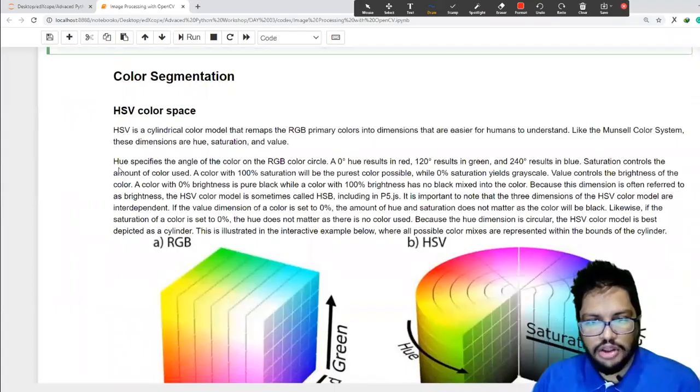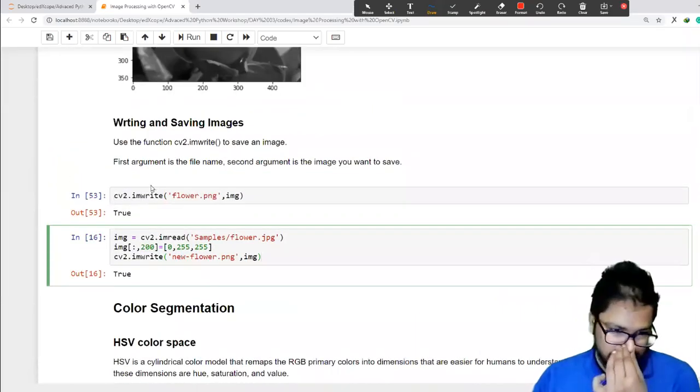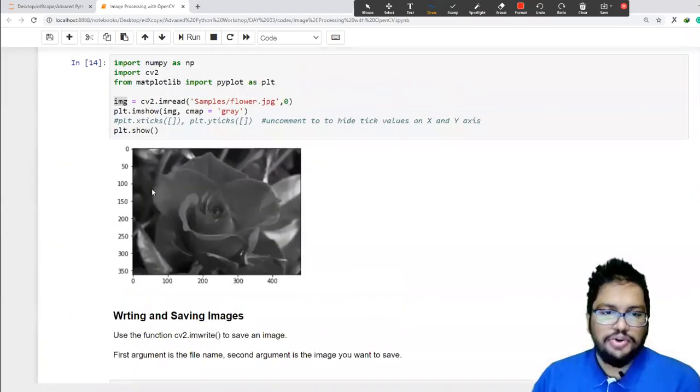Understood. Right. Got it? Right. So now you know